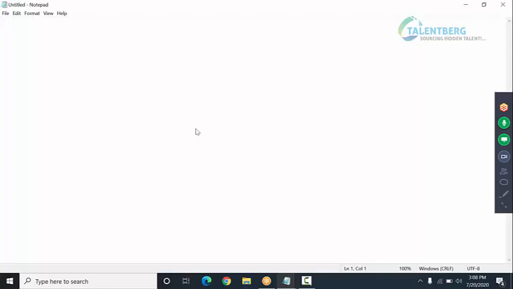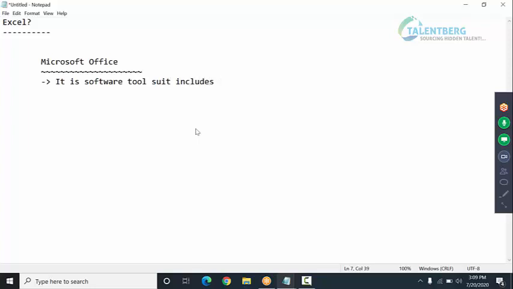So first we discuss, we go directly into Excel. Here we first cover what Microsoft Office is. This is a software tool suite. It includes many applications. Here is the list of applications: one is Word, another is Excel, some famous